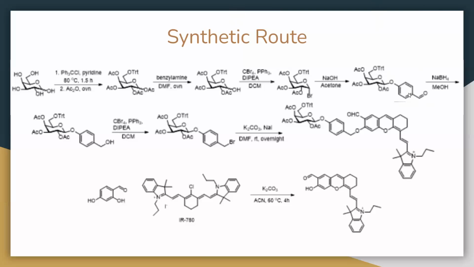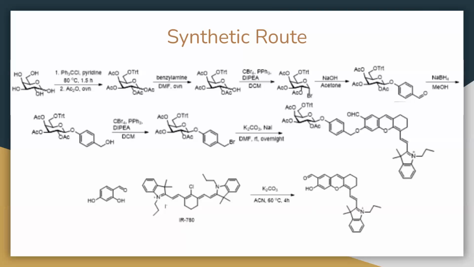After the hydroxybenzaldehyde is attached, a reducing agent, NaBH4, is used to reduce the aldehyde to an alcohol group. Then afterwards, a bromination reaction takes place, and finally, the fluorescent marker that is meant to be released from a larger molecule is created from IR780, and that molecule is added via a nucleophilic addition. And most of the yields for the reactions were fairly high, were around 60 to 70%.